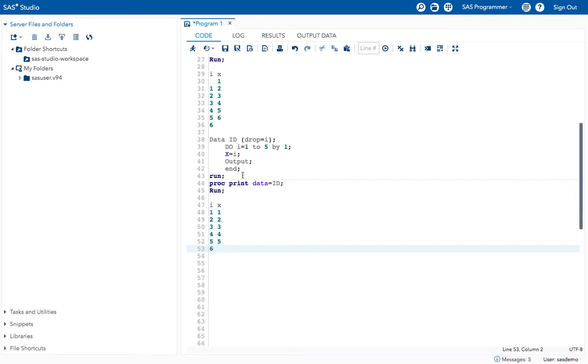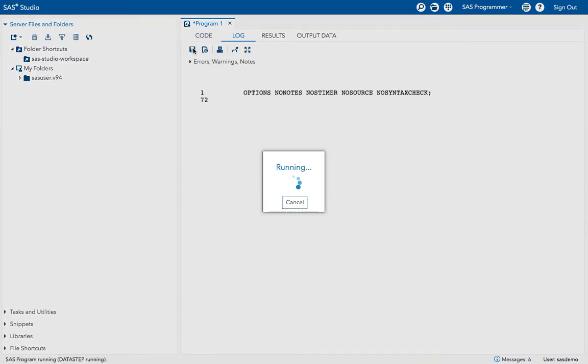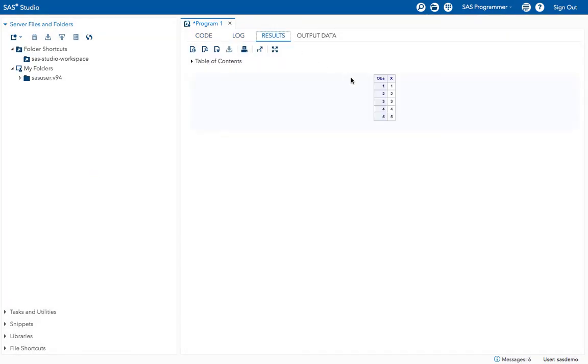It won't stop here, it will come to the do statement, and it finds 1 to 5 only, but still it stops at the sixth iteration because the condition becomes false here. Okay, so when I run this program, what happens? Let's see the result. See, that's what I got, 1 2 3 4 5 as the x values.